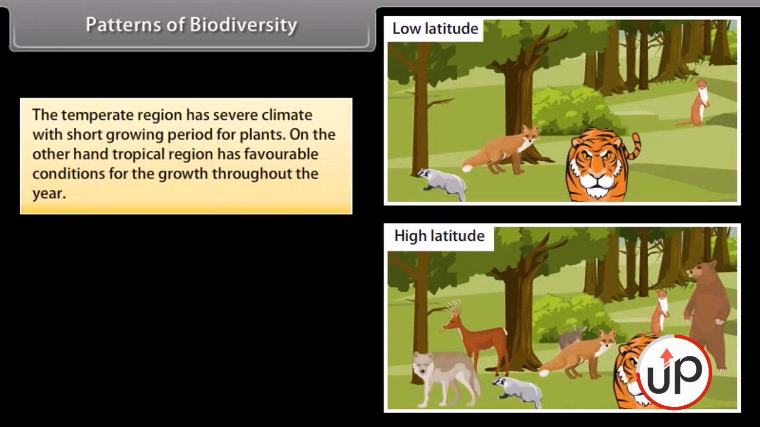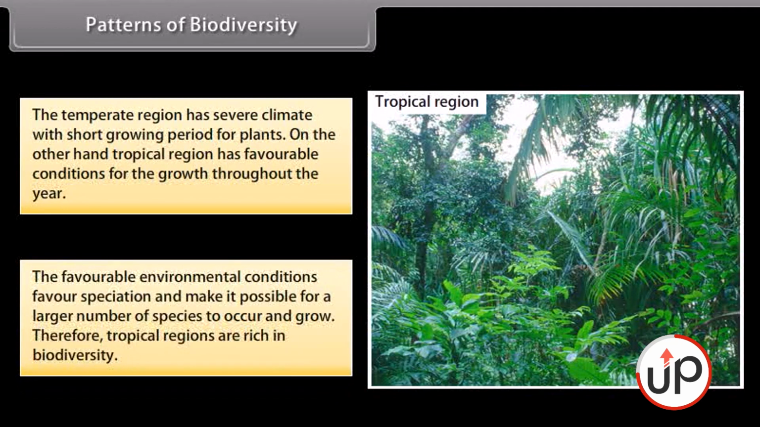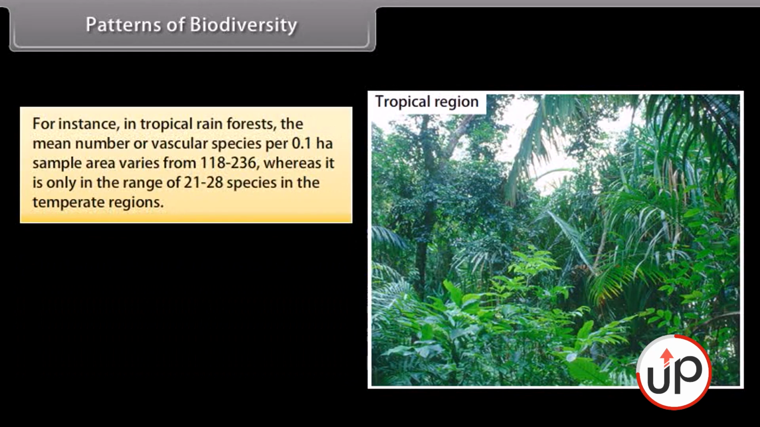The temperate region has severe climate with short growing period for plants. On the other hand, tropical region has favorable conditions for the growth throughout the year. The favorable environmental conditions favor speciation and make it possible for a larger number of species to occur and grow. Therefore, tropical regions are rich in biodiversity. For instance, in tropical rainforests, the mean number of vascular species per 0.1 ha sample area varies from 118